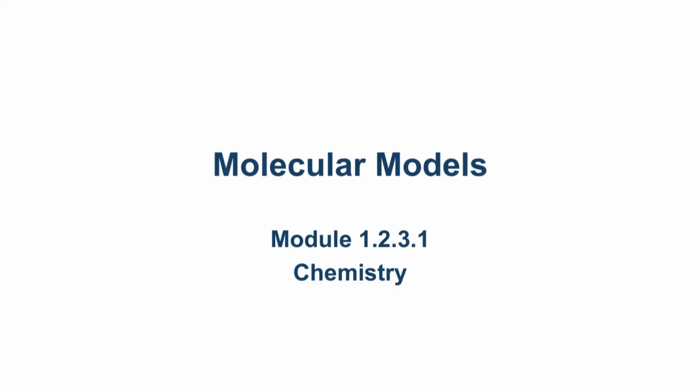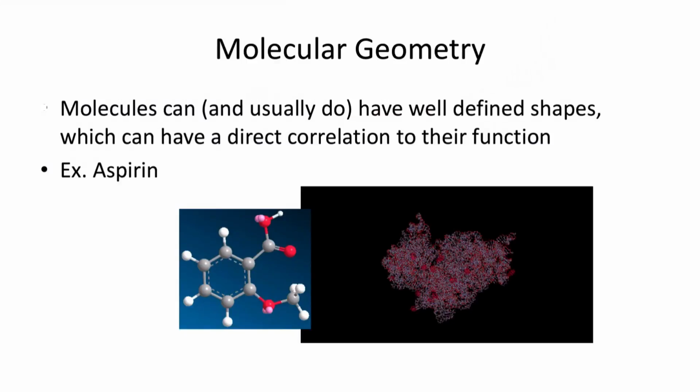Now we're going to talk about molecular models, which is actually kind of cool because now that we've had a lot of this background and theory about shapes and geometries, I want to show you some real examples of what actual molecules might look like if you were able to see them. Okay, so the point is that every single molecule on Earth has some kind of shape, whether it's tetrahedral or